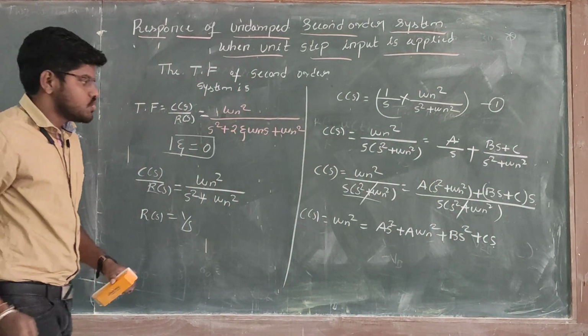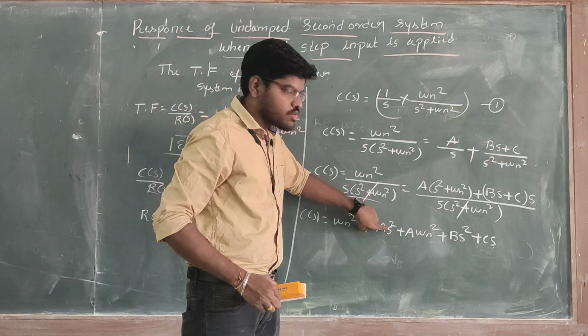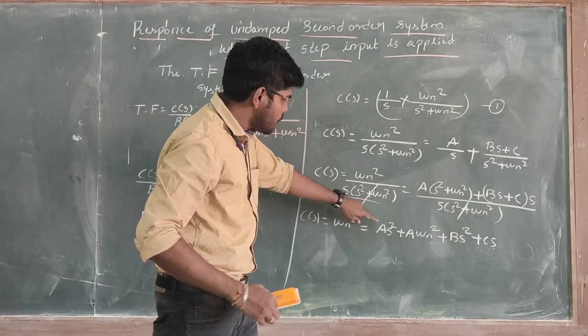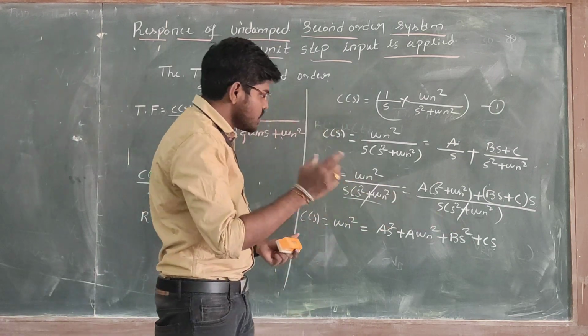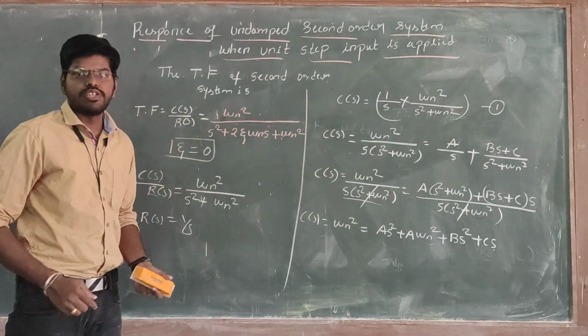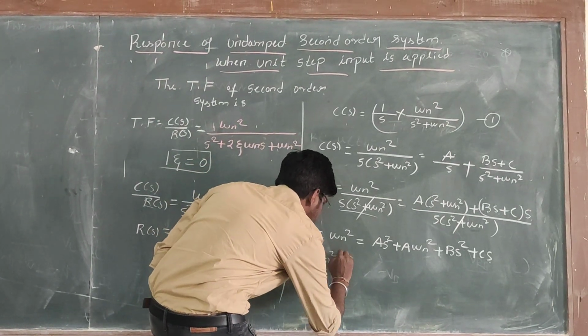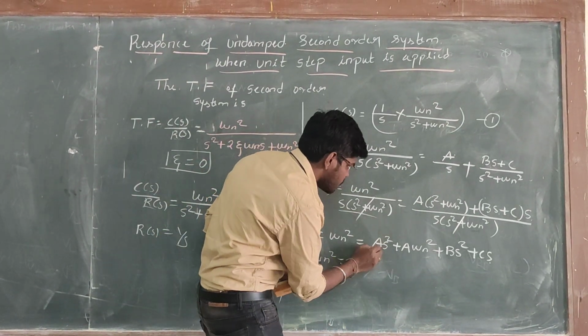Okay, so it is omega n square equals a into s square plus a omega n square plus b s square plus c s. To find the values of a, b, separate the coefficient of s square and the constant term. We will simplify this equation as omega n square equals, separate the coefficients of s square and s